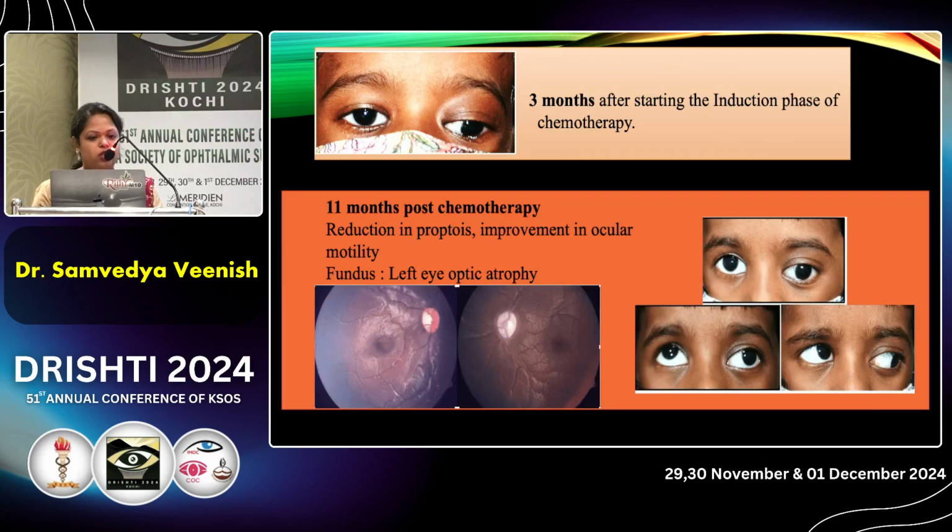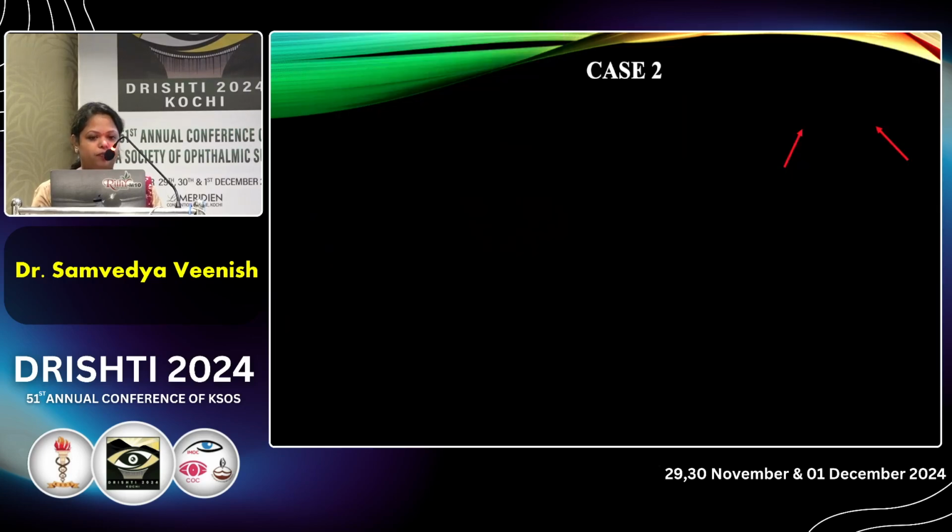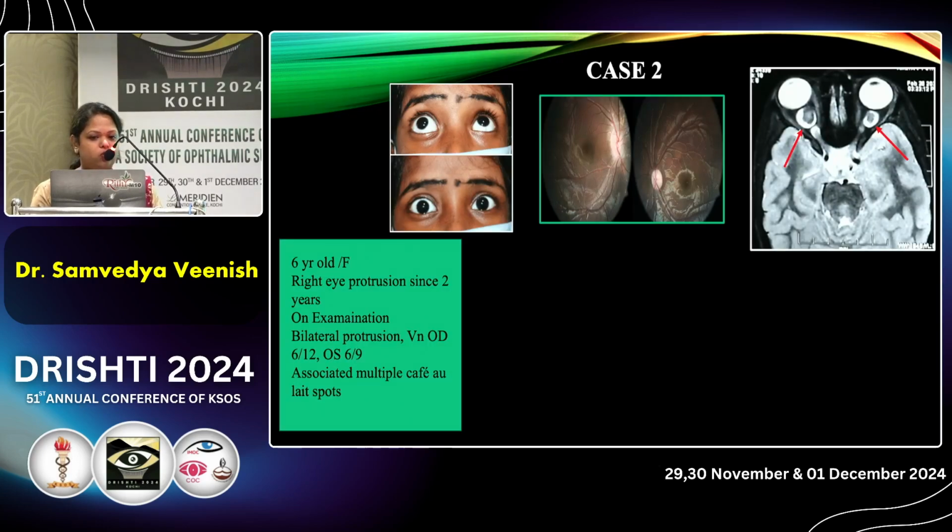There was reduction in proptosis and improvement in her ocular motility, and her vision at 36-month follow-up was 6/24 in her left eye. Moving on to case 2 with a similar clinical picture, this was a 6-year-old female who presented to us with right eye protrusion since 2 years. On examination, there was bilateral proptosis with vision 6/12 in right eye and 6/9 in left eye